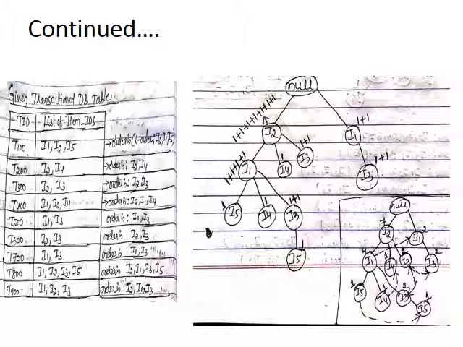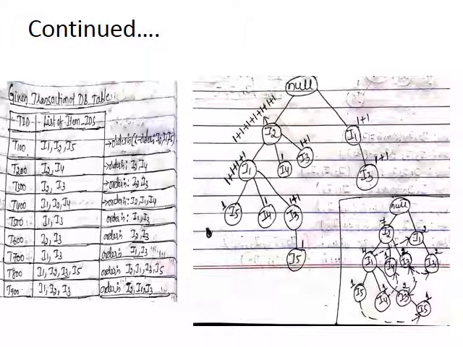Then we concentrate on the first transaction, T100, which contains I1, I2, I5. We arrange those items in L order, that is descending order: I2, I1, I5. How many times each occurred in that transaction: I2 occurred one time, I1 one time, I5 one time. So I2 acts as a parent for I1, and I1 acts as a parent for I5. I2 is a child of null, which is the root node here. Put 1 for I2, then 1 for I1, then 1 for I5.